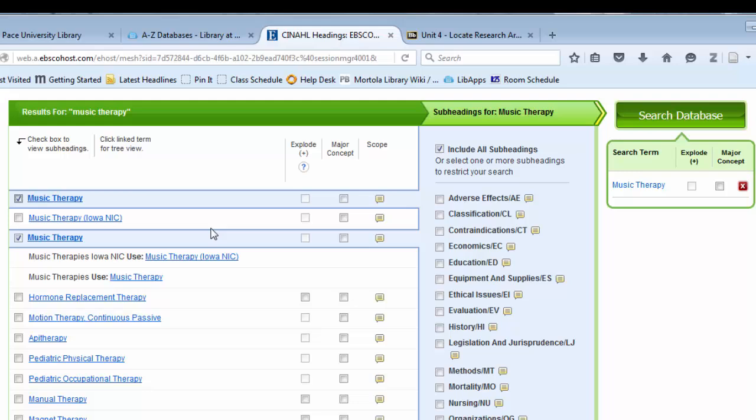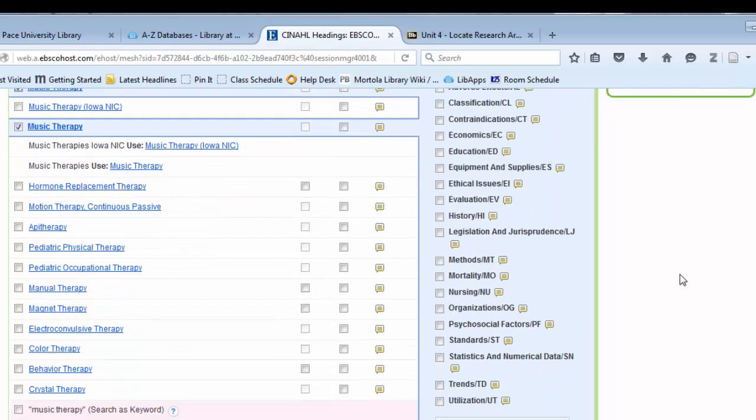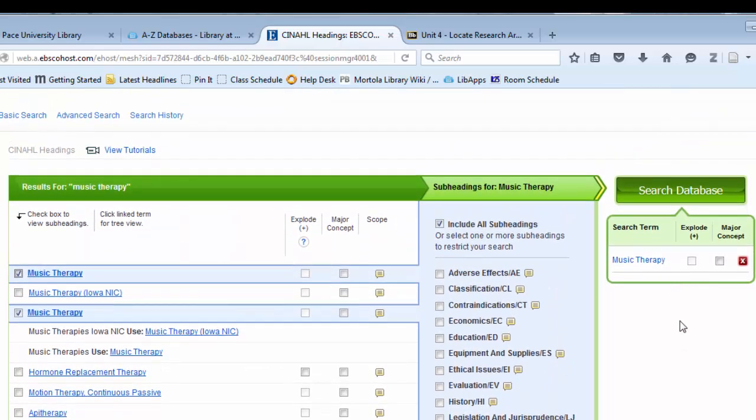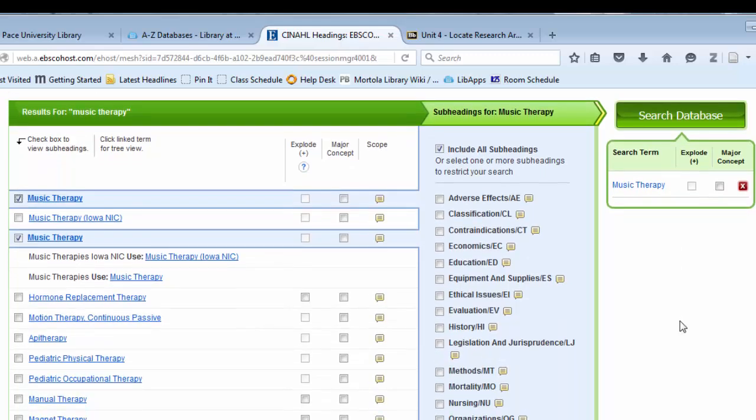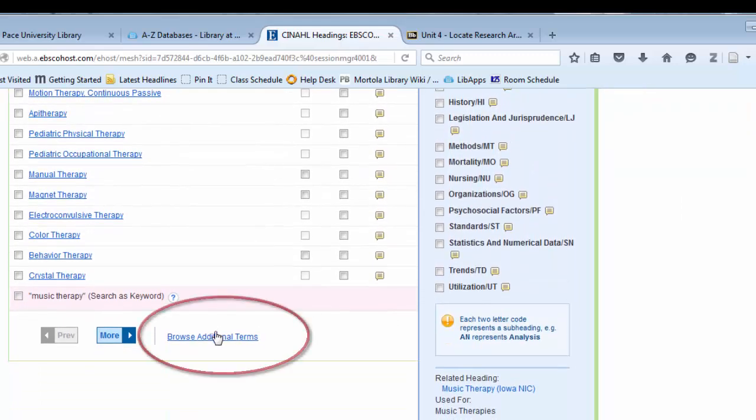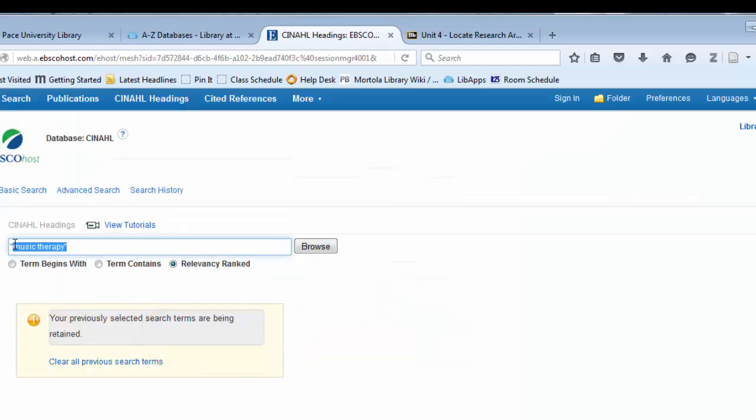It is a subject heading, so that's good to know. So I'm going to kind of hold on to that. This search has been run, so now this is going to be saved for me. If I scroll down, I can click on Browse Additional Terms, and now I can look to see, is post-operative